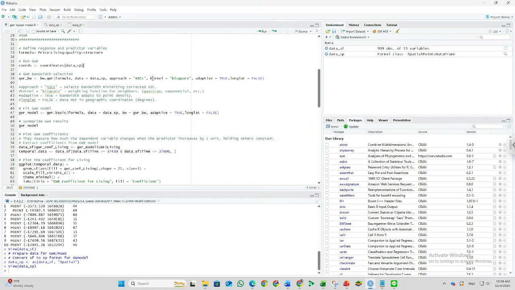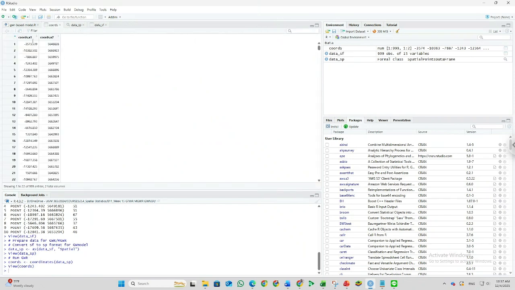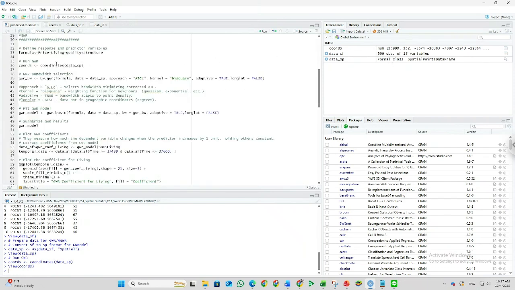We have already converted the data into the spatial point data frame, so we can extract the coordinates from this file. Okay, we have the coordinates. The coordinate is like that, this is the x and y, and we have 999 points.